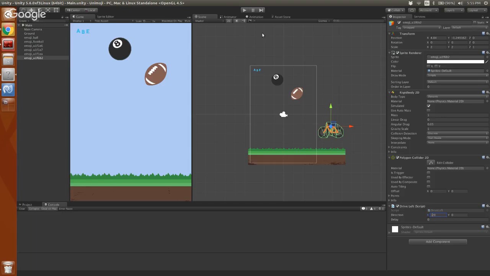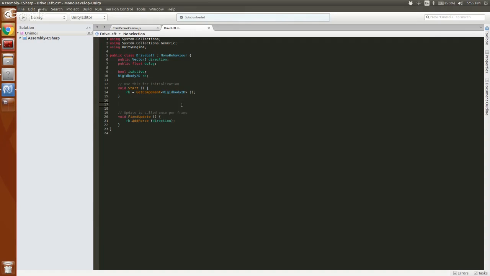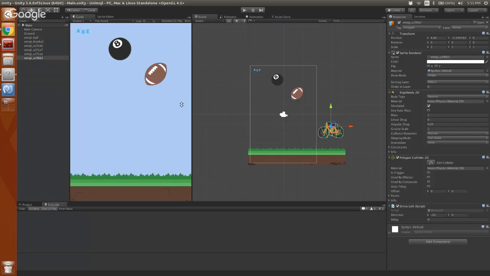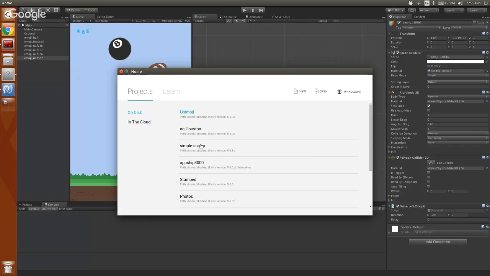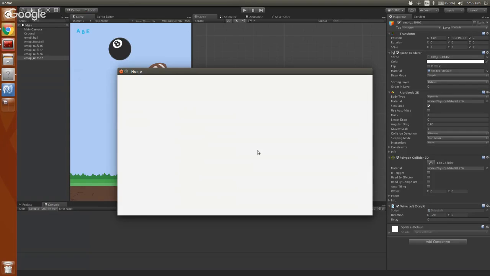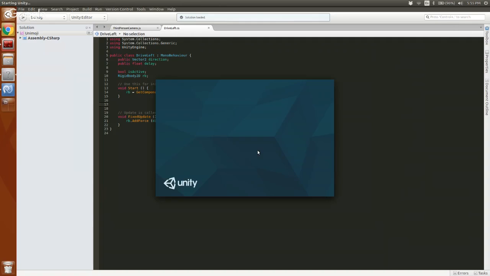So I'm going to wrap up. For some reason, it's not letting me delay this, but it's a little bit too much in the C# anyway, so it's fine. I want to show you one last thing, going way back to what Alex was talking about, predictability. I want to show you an actual game I wrote in Unity, built using all the things we talked about today, which is this game called AppShip 3000. This was something we built for Google I/O this year. It's a collaborative game where you answer trivia questions about Google Cloud and Firebase and all of these things. But there's something particularly interesting about this game that I can show you.